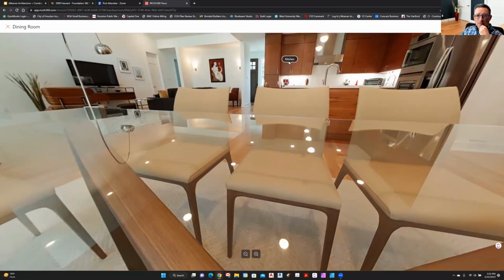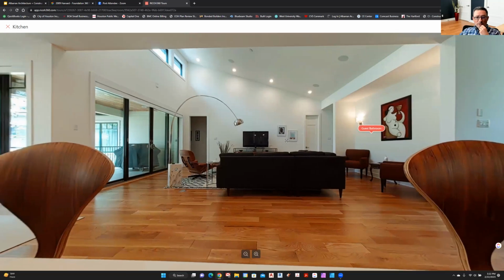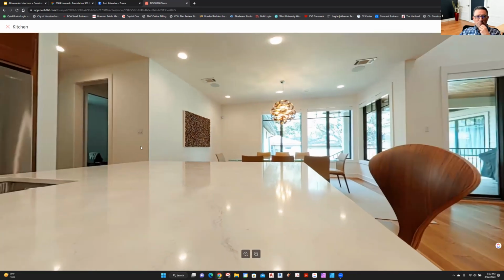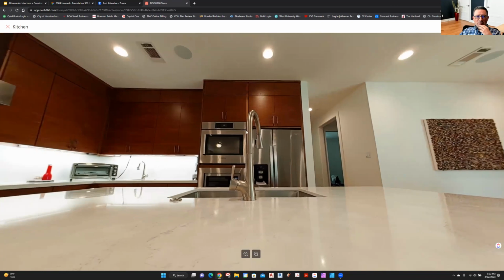And then, if we go to the kitchen, this is great for real estate. If you have a real estate property you want to sell or you want to rent, you can use these by all means. After the homeowner saw how this particular 360 tour fared on their project,